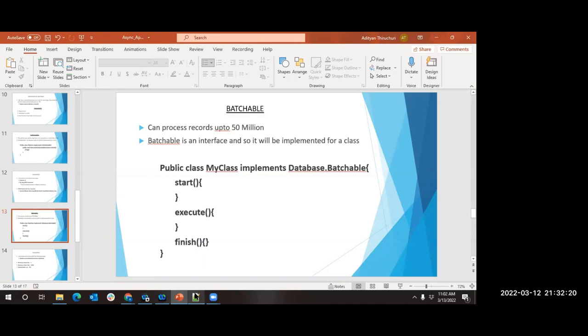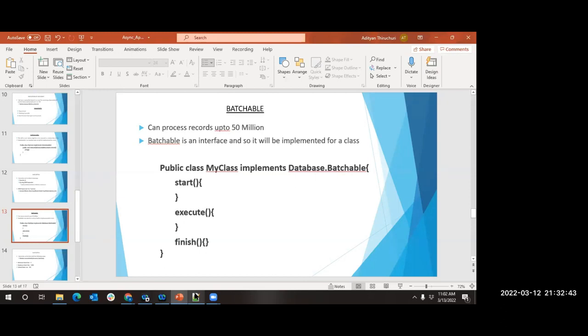Can we handle partial failed records in queueable? See, when you say partial failed, always try to understand. If you just say insert record, it is not partial. If it fails, the entire thing will be rolled back. When you say Database.insert, then yes, partial processing will be allowed. If you use Database.insert anywhere, it is partial, be it asynchronous or synchronous. When you use Database, it will be done.